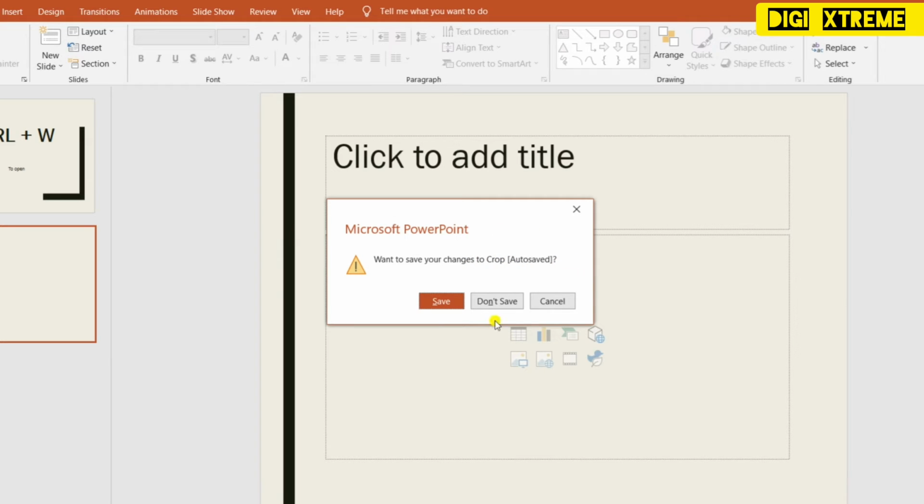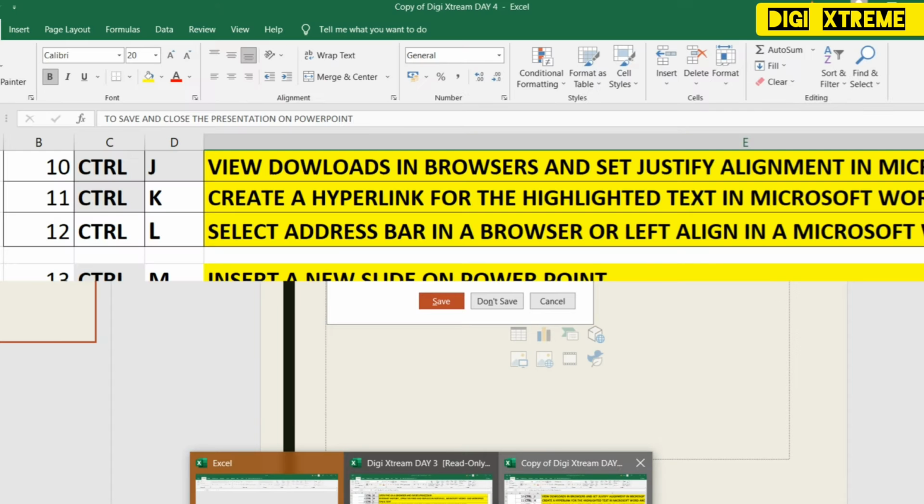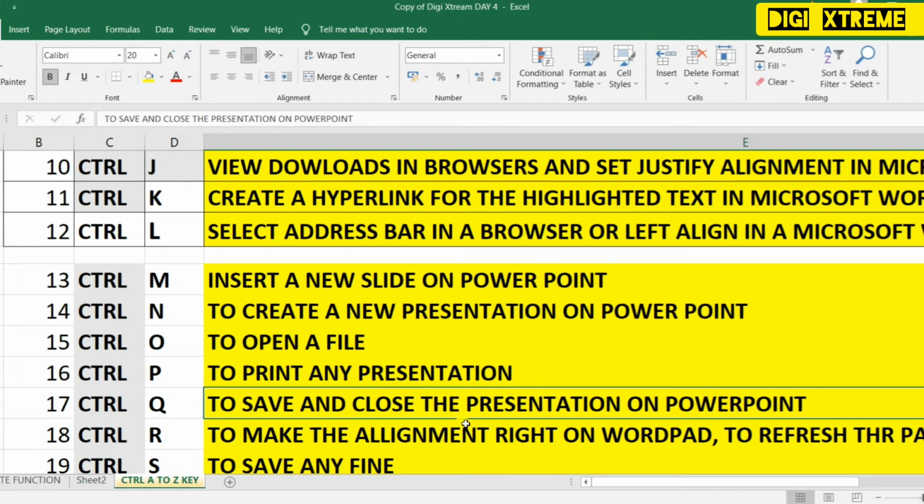So this will do both things. It will save the presentation, and it will also close the presentation. Control Q will save and close the presentation in PowerPoint.